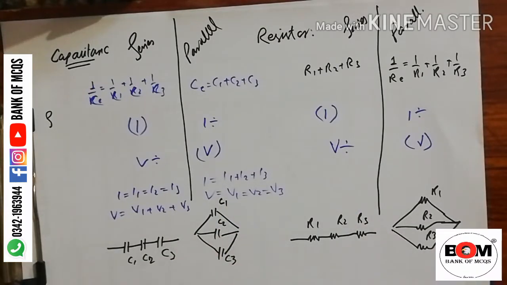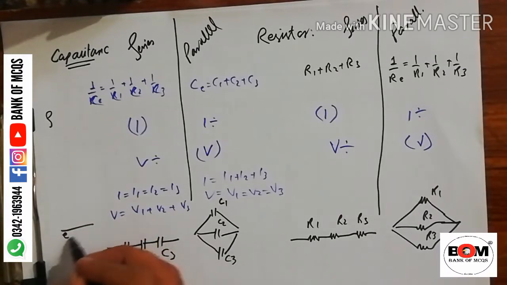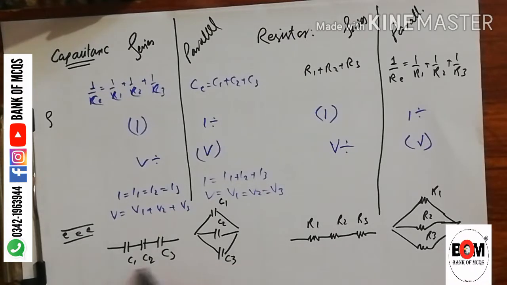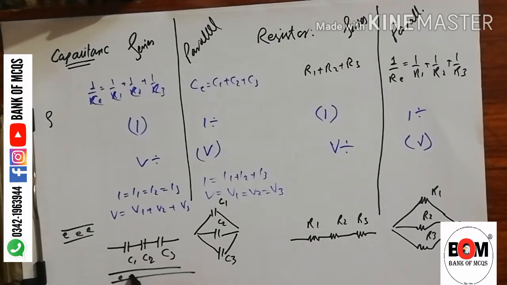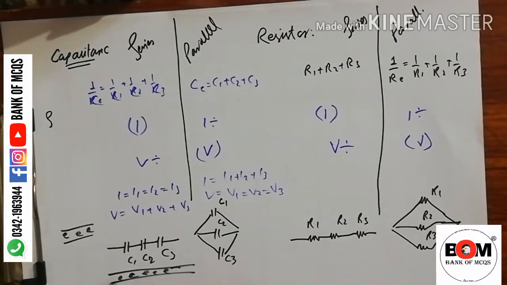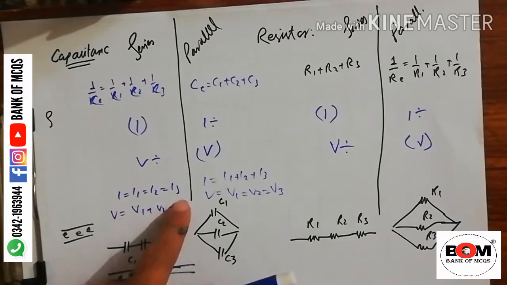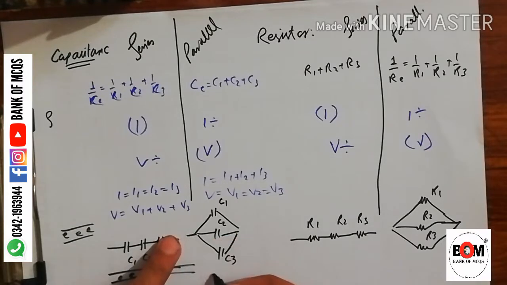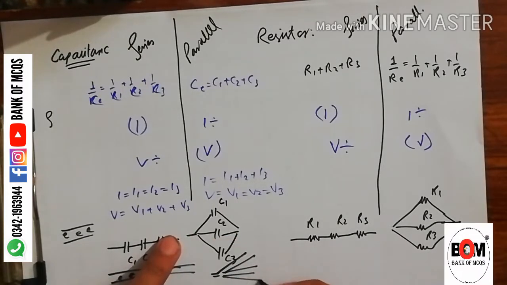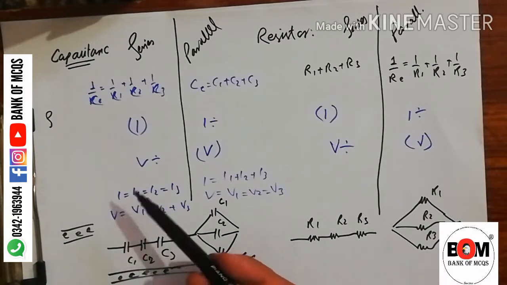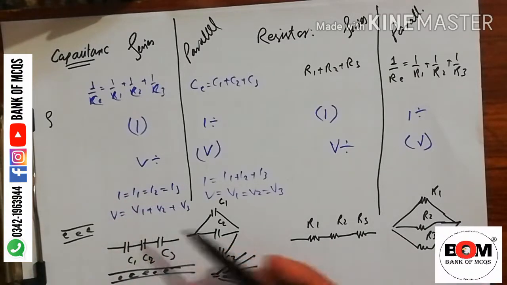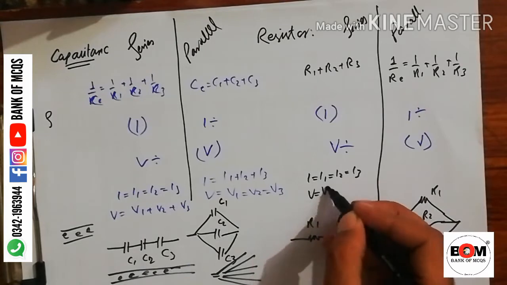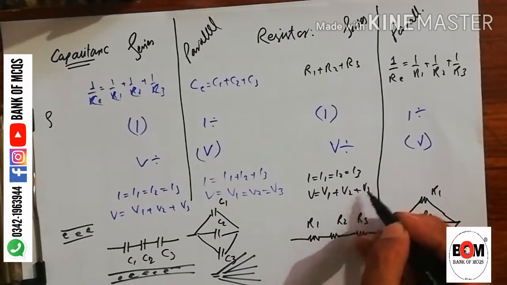To remember this point, just remember that electron flow is like the flow of water. So the flow of current, or the flow of electron, is constant in series. So I is equal to I1 plus I2, each one will get the same current. Now if this is the flow of water and there are 3 pathways, the current divides into 3. The voltage is opposite of current. So remember, in series the current is the same, I is equal to I1 is equal to I2 is equal to I3, but the voltage will divide, V is equal to V1 plus V2 plus V3.